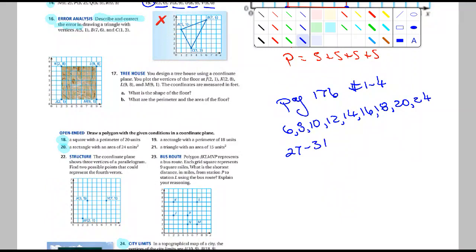Okay. And this is, what is this, 4.4? Yeah. 4.4. We'll call this part